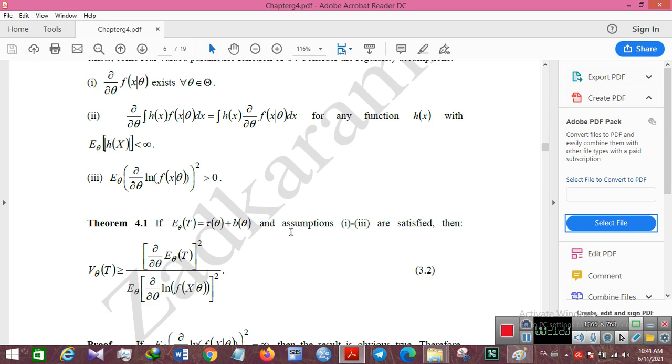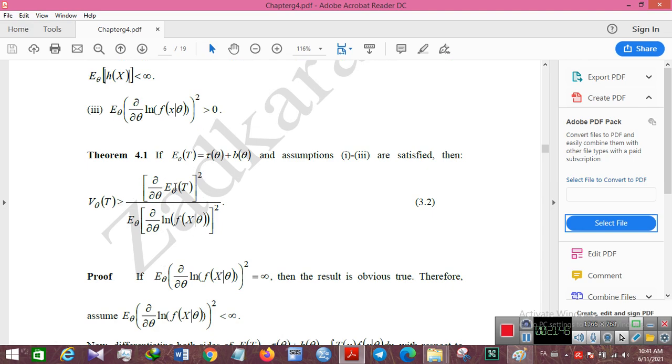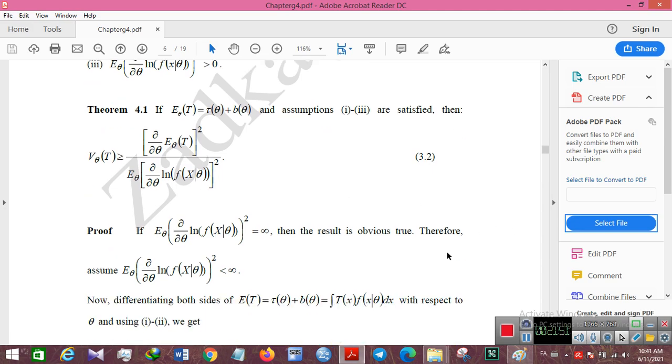There is a theorem here. We said that if the expectation of T is γ(θ) plus b(θ), and conditions 1 to 3 are satisfied, then the variance of T is greater than this lower bound. This lower bound is called the Cramér-Rao lower bound. For the proof, if the expectation of (∂/∂θ ln f(X)) squared is infinity,